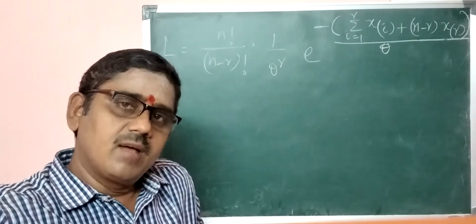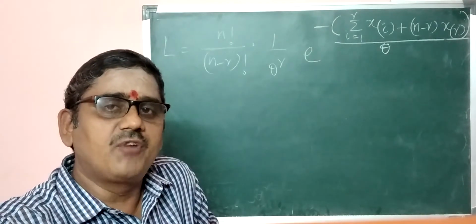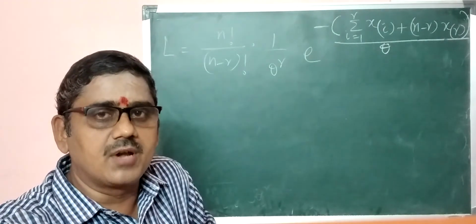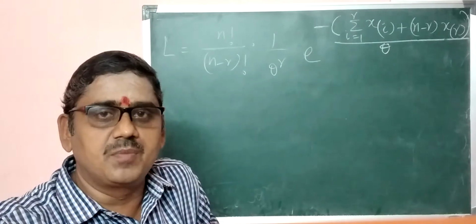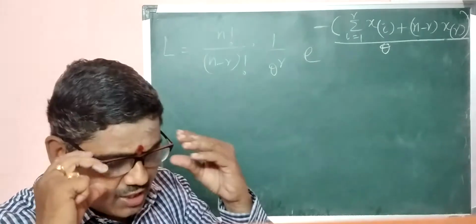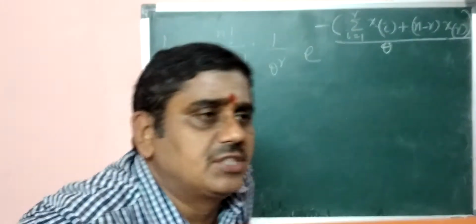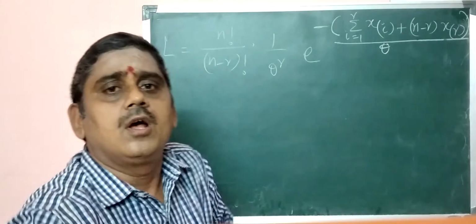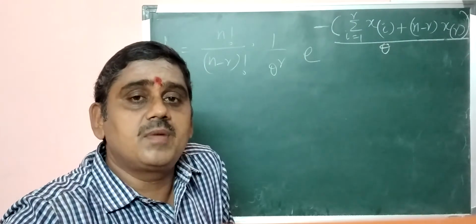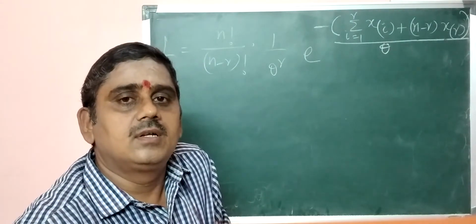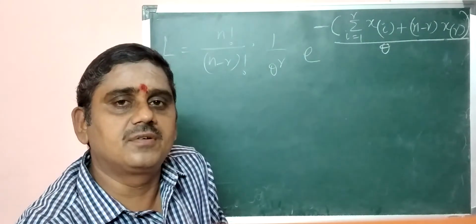In the estimation of reliability, we have considered the time to failure of a particular component. It follows an exponential distribution. In the exponential distribution, we have considered the parameter theta, here 1 by theta, and the parameter theta is going to be estimated. We have to estimate the parameter theta in the exponential distribution.